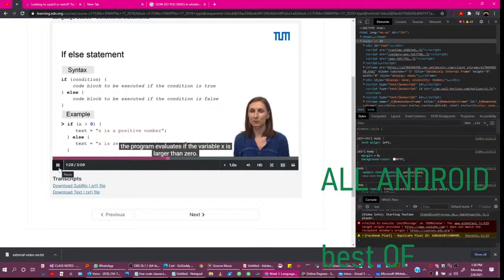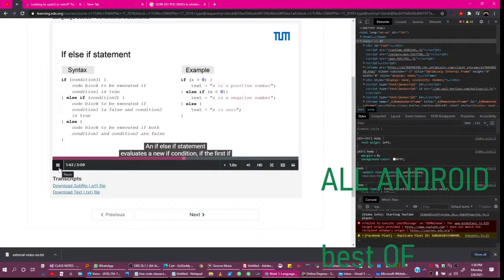In the example, the program evaluates if the variable x is larger than 0. If true, the variable text is set to x is a positive number. Otherwise, text is set to x is 0 or a negative number. An if-else-if statement